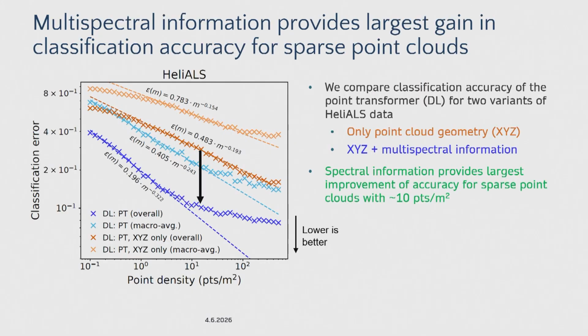Then we also studied what happens with the multispectral data. It seems that multispectral information, if you have these three channels, is beneficial, especially if the point density is modest. Modest means something like between 10 pulses and 50 pulses. So this ObjectTitan is an optimum point density for using intensity. And how you understand that is that if you have 1,000 points, most probably the geometry is different for different tree species, and you don't need so much the intensity, or its value is less.